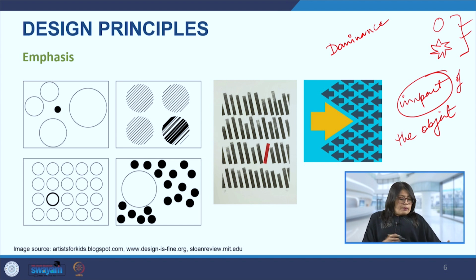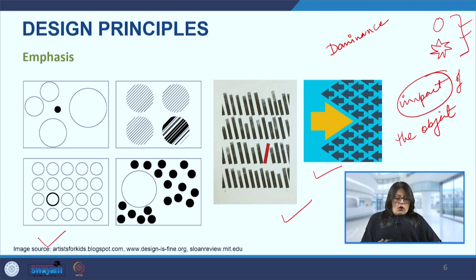In the example below, we can see that there is a grid of these circles and how the one which has a darker border is more dominant, it is emphasized here. Similarly, in the other diagrams you can see how with just one red line, and that too in the opposite direction, leaning in the other direction, it is the one which is emphasized here. And similarly in this one as well, there are so many of these black arrows coming from right to left, but this yellow one which is going against them is a big arrow, and at the same time it's of a different color.